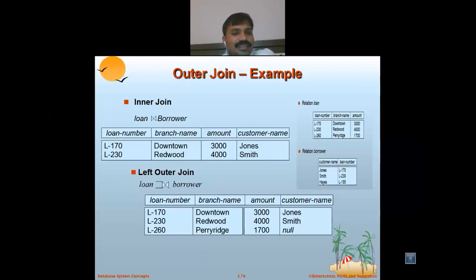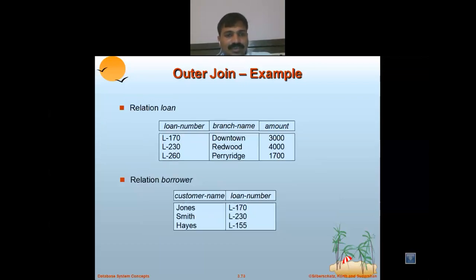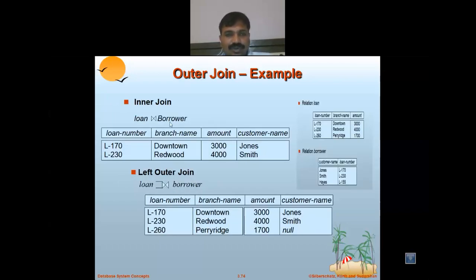What is the difference between when I use inner join and when I use left outer join? The query for that was written already in the previous tables. The relation loan has these records, and the relation borrower has these records. In this case I use the loan table and the borrower table with the inner join. Which is the common thing when I use the inner join? Inner join has three types: theta join, equi join and natural join.